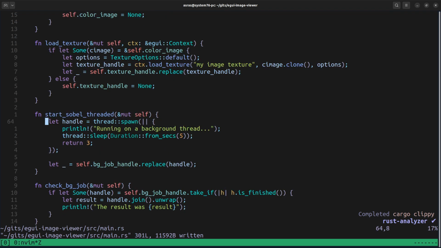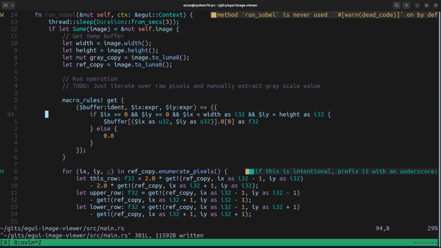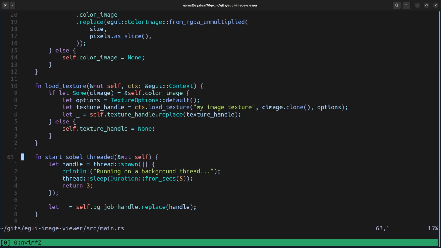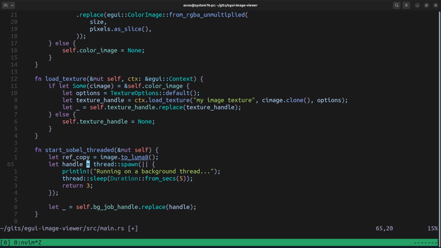So let's do like this. And if we check out this function, we take actually 2 copies of the image. So why don't we just take 1 copy? Let's take 1 copy and